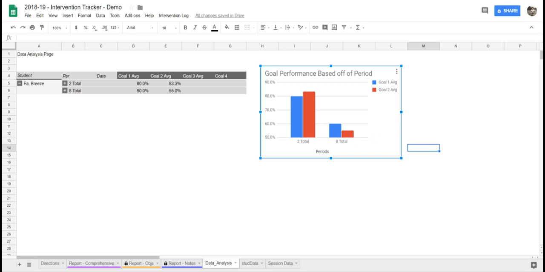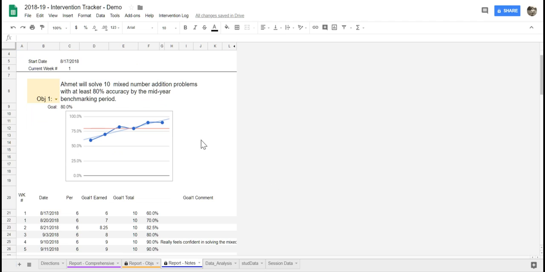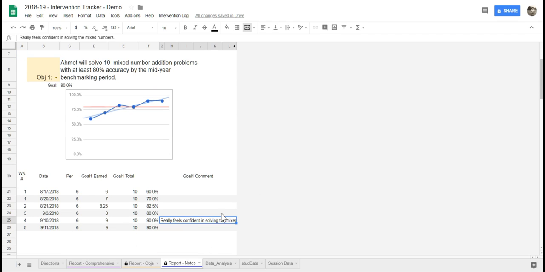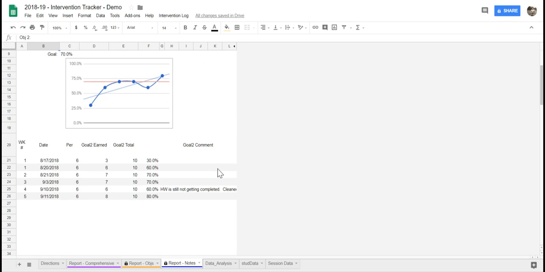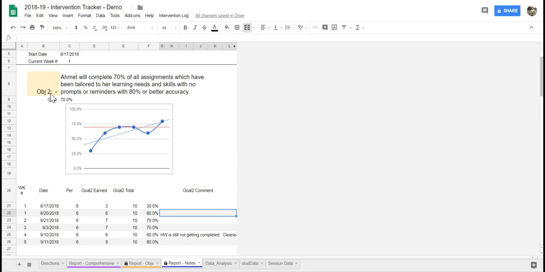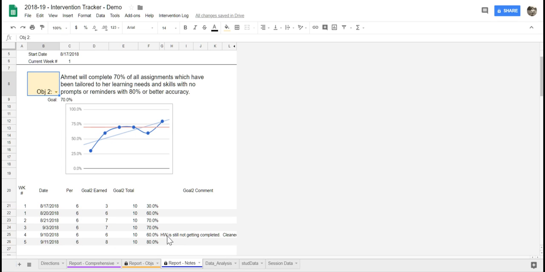One of the things you cannot do is you cannot show text information over here. Now, that's part of the reason why I have, for instance, the notes report. You can see over here that the notes will pop up. Now, if you want to change the objective, you just go over here and change the objective. And that should update everything. It may take it a little bit of time. So like you'll notice right here, it says feels really confident. And then over here, you can see that there's a change. So it's pulling this information, it's changing up